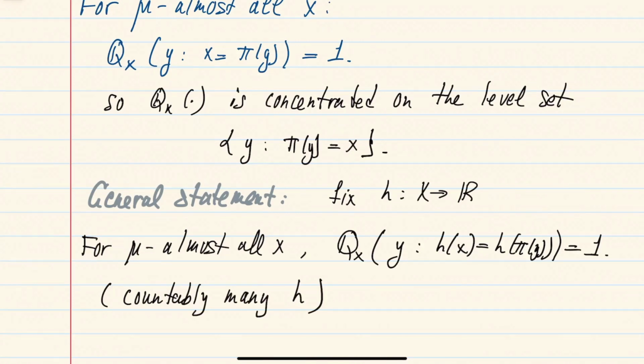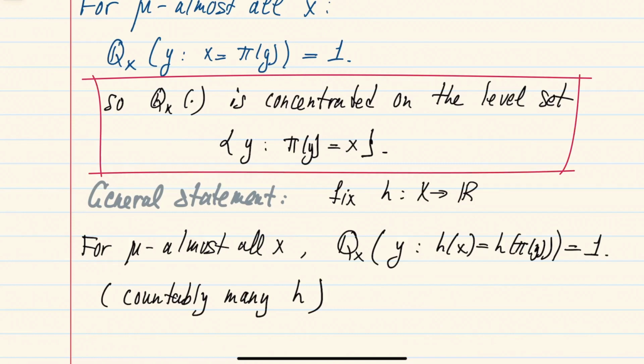And in particular, one of the exercises in this section asks to use this kind of more general representation to show the above statement for a nice space, like a separable space, that this actually implies that the measure q concentrates on the level where x is equal to pi of y. But the main statement in this example of the disintegration theorem is just a direct application of this main result, the existence of this transition kernel.